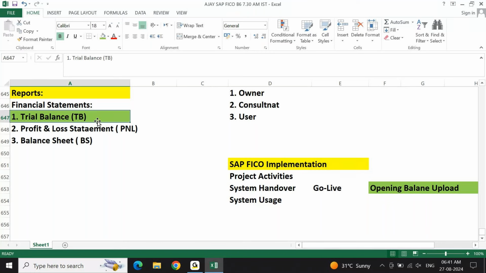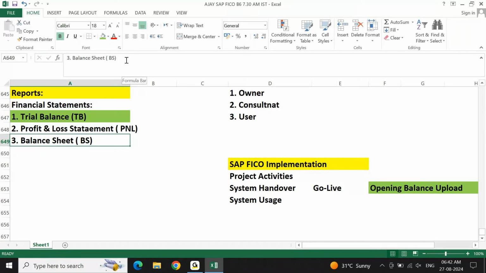All your existing balances are basically called opening balance upload. This opening balance upload is performed based on the trial balance. Meaning you cannot say I am practicing SAP FICO, I learnt SAP FICO, but I do not know trial balance. Never ever tell this statement to anybody. Never tell that I do not know TB, I do not know P&L, I do not know balance sheet, to anybody when you call yourself SAP FICO. Strictly not possible, zero possibility for it. There is a 0% chance that you tell somebody, I do not know about TB or trial balance.